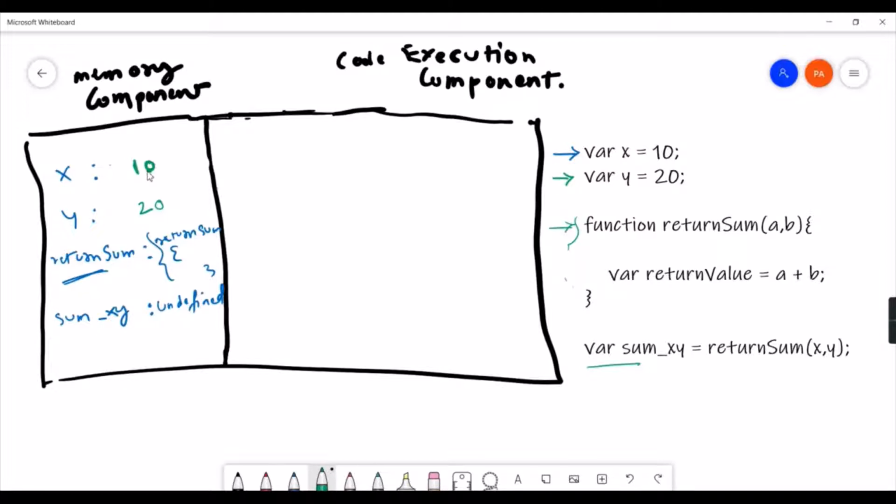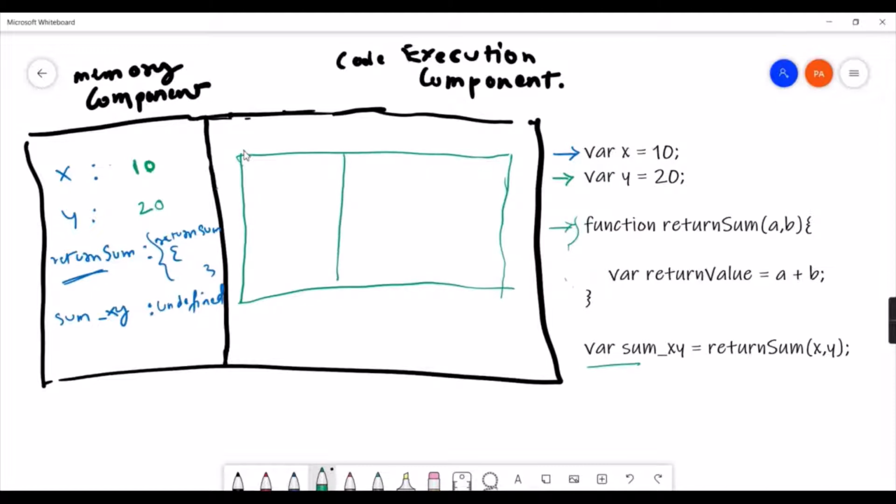There will be a new execution context created over here, right? And it will have again two components. One is a memory component, and another is the code execution part, right? Code execution component.